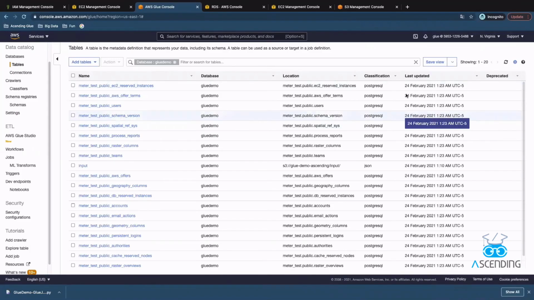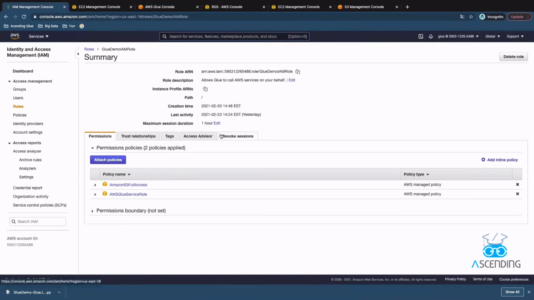Before creating Glue job, we may want to check the IAM role to make sure we could write to the target data store. For example, if Glue job writes the transformed data to S3, we need to have the appropriate IAM permissions to allow us to do this. In our demo, I attached Amazon S3 full access policy to my Glue job IAM role. Let's start to create a new Glue job.